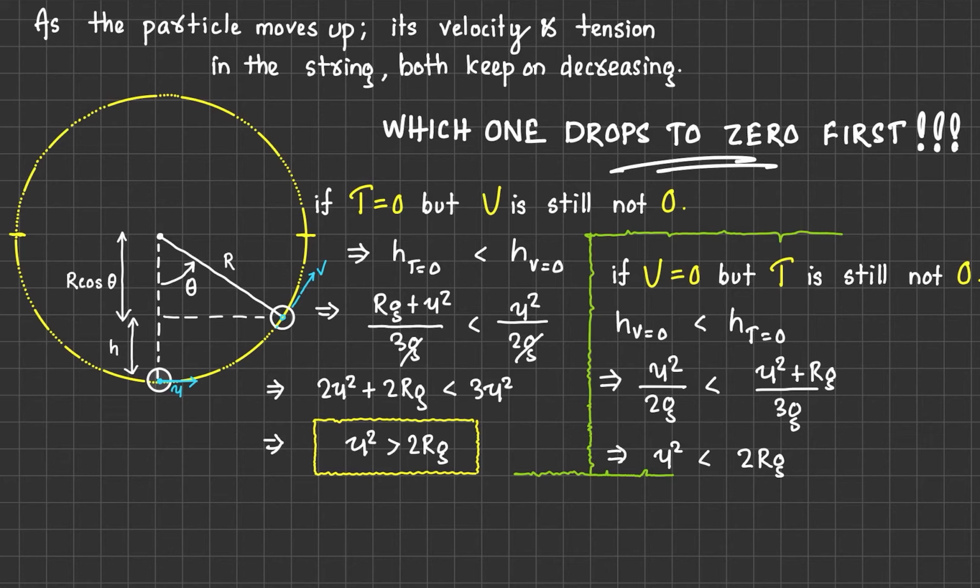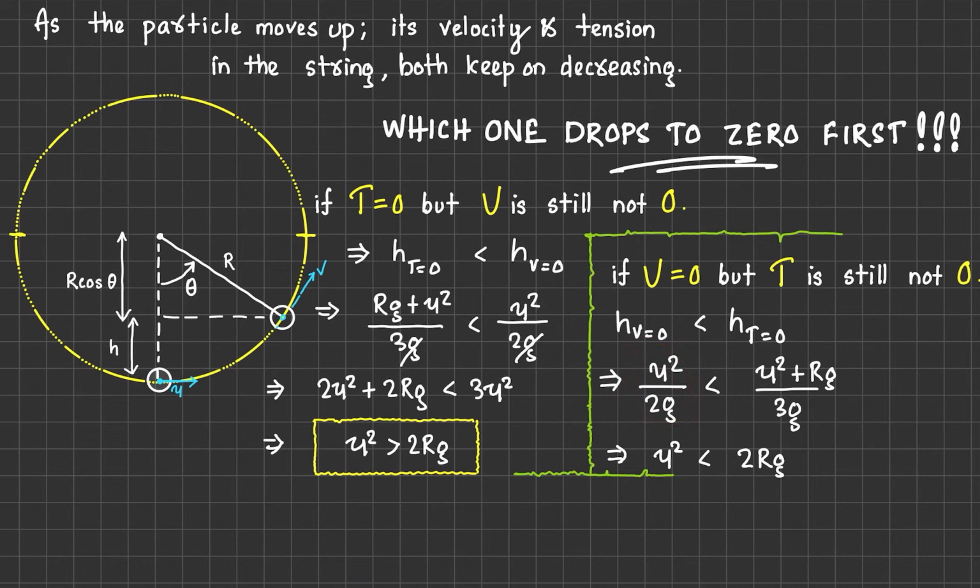But if we are looking for a condition that tension becomes 0 before velocity, then that is possible in this part only. In this part of the motion only it is possible that tension equals 0 before velocity. Now similarly, if we take the other condition that velocity should be 0 before the tension value, then that means the height at which velocity is 0 should be attained before the height at which tension is 0. So similarly, if we write the corresponding expressions, we get u should be less than root over of 2rg,